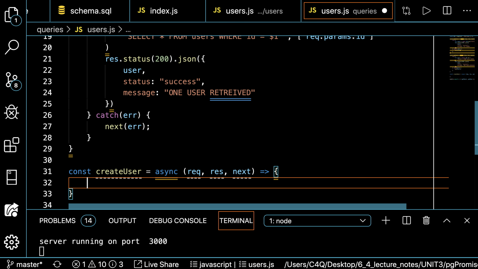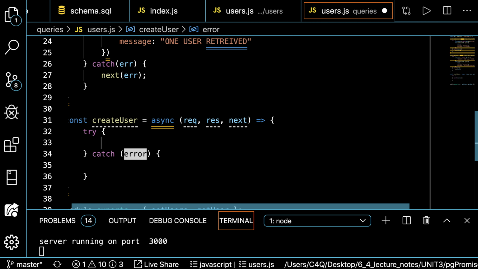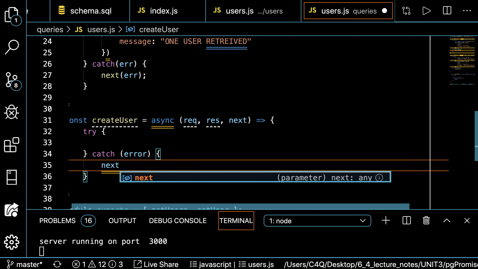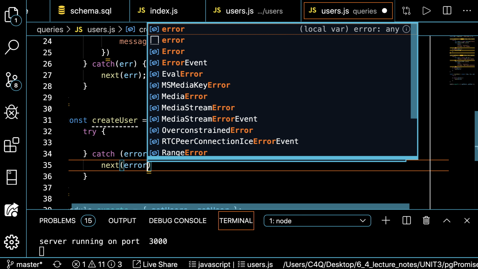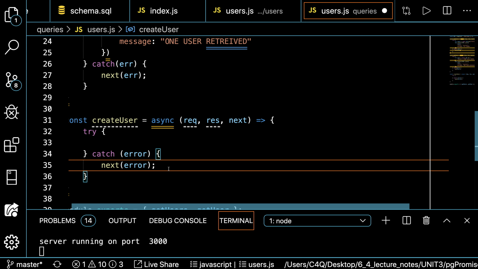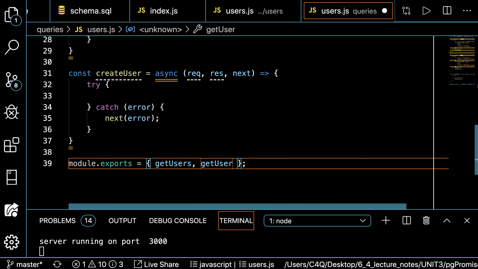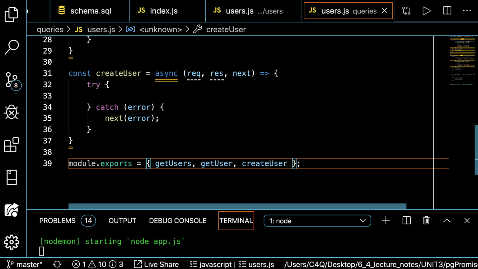Fat arrow function. We'll do our try catch. Error. We have our next. Error. Okay. Let's also go ahead and export it while we're here. So I'll say create user, export,